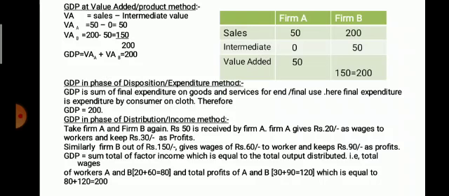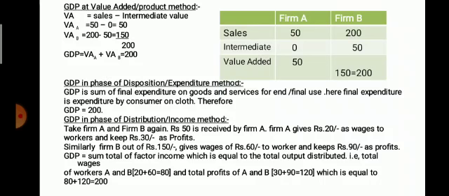GDP is the sum of final expenditure on goods and services for final use. Here final expenditure is the expenditure by the consumer on the cloth. So therefore GDP is 200. Now see, we have seen firm A sells it at 50 to firm B. Firm B sells the same at 200 to the final consumer. So that itself is the